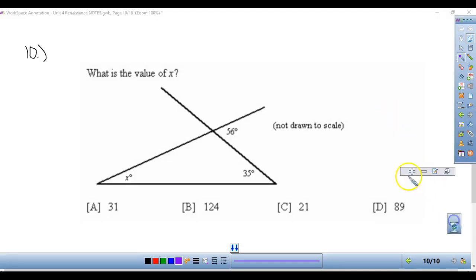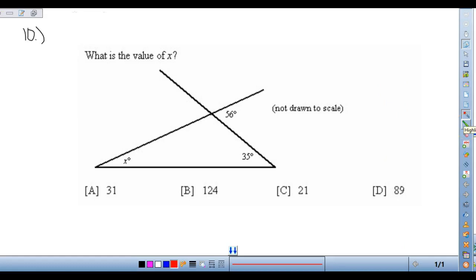Alright, on the last one here, let's see. If we had the 3 angles inside the triangle, we could just add them up and see what's missing to find out what x was from 180. But we need this angle here first. So I could use the line rule to figure out what that is. So if I do 180 minus 56, I'll get 124. So if this is 124, then I can just use the triangle rule to say that 124 and x